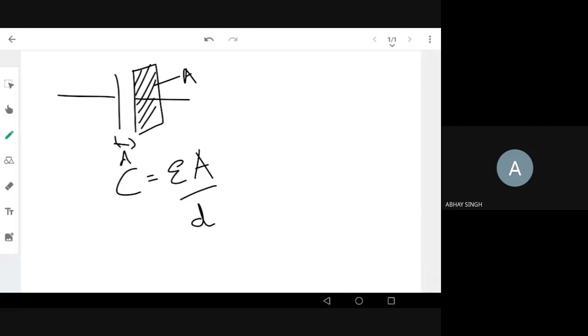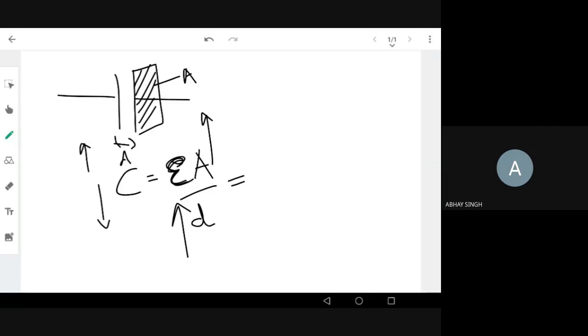Epsilon zero, what is epsilon zero? Coefficient of... you might have studied it in your +2, and I don't know whether you're refreshing. Please refresh those concepts. So the only thing is, if distance increases, what happens to the capacitance? Yeah, capacitance decreases, right? As the area of the plate increases, capacitance also increases.